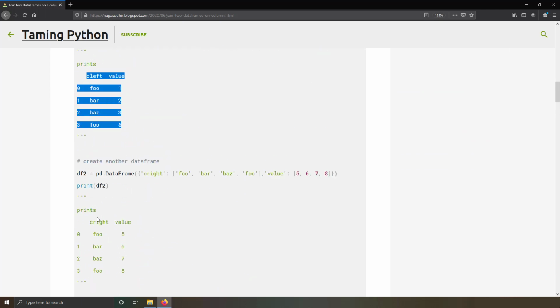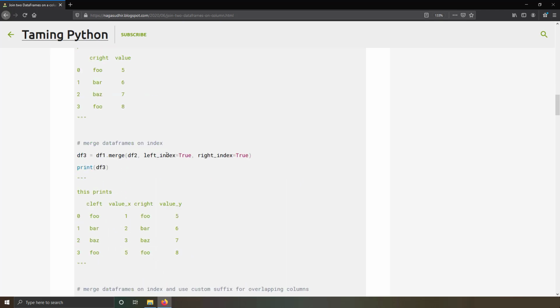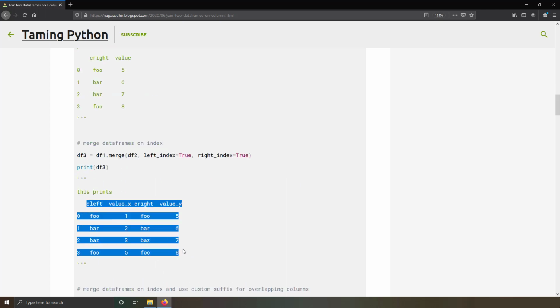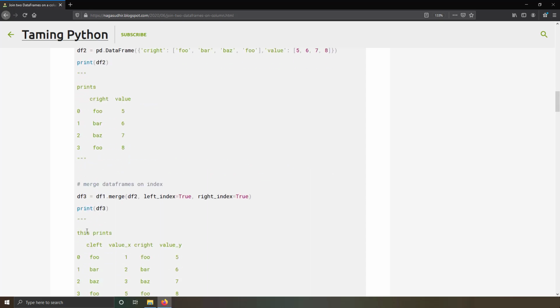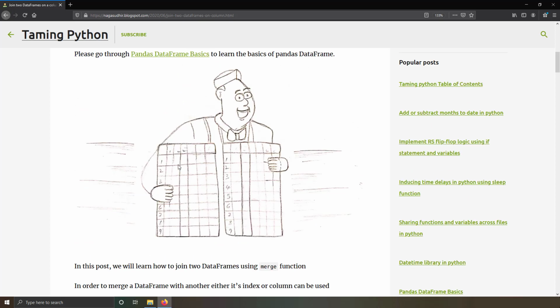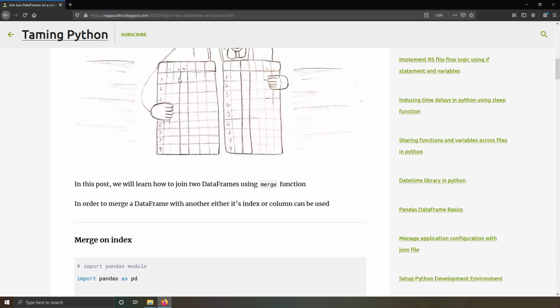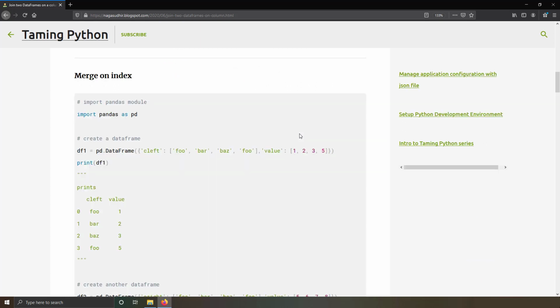If this is one data frame and this is another data frame, and you want to join these two data frames on a column, say, suppose value, then you will get a merged data frame, something like that. Or if you want to join on the index, then you'll get a merged data frame, something like this. So basically what we are doing is something like in this diagram. If you have two tables, you are trying to merge these two data tables on a column. This will be a use case in many of our projects. So let's try to get started with an example, right?